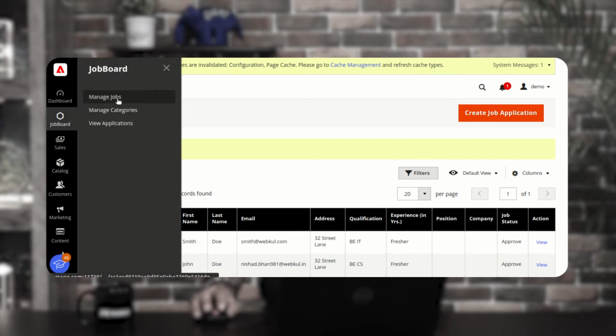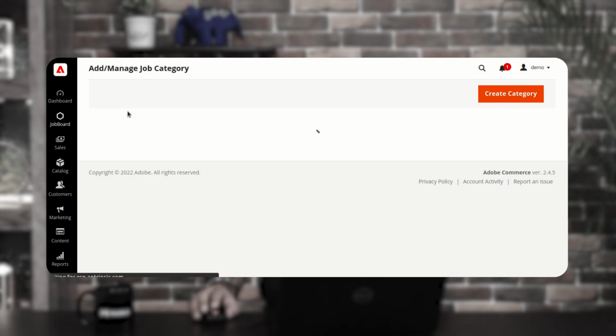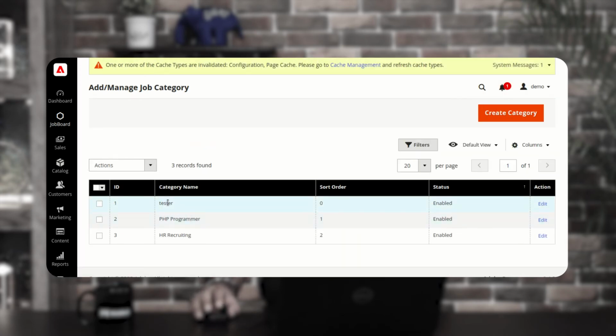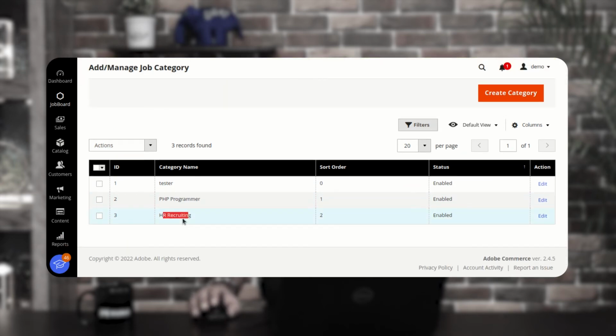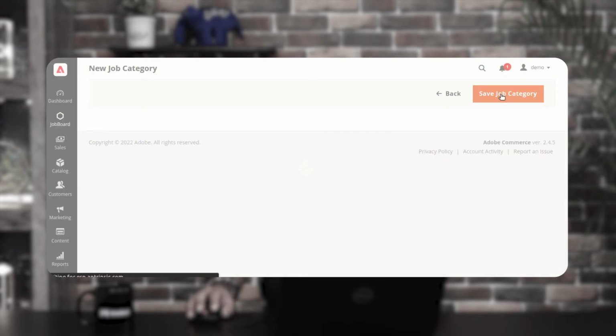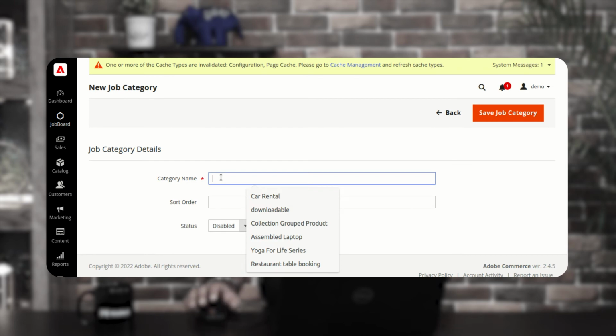Now, before you create any jobs, you have to manage the categories. So if I go to the manage categories section, here I'll be able to create the different categories. So for example, I've created a tester category, PHP programmer, HR recruiting, so on and so forth. You can create or you can manage the job categories there. To create a job category, you need to tap here on create category, set up the name. For example, let's set it as